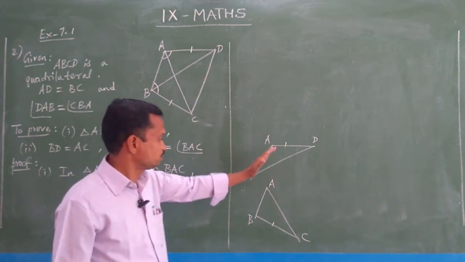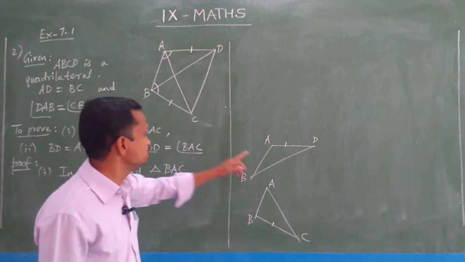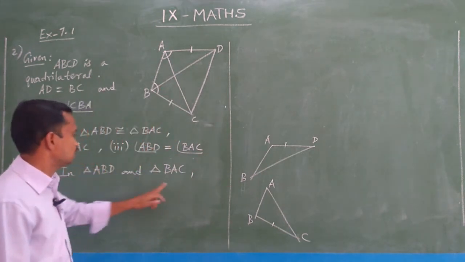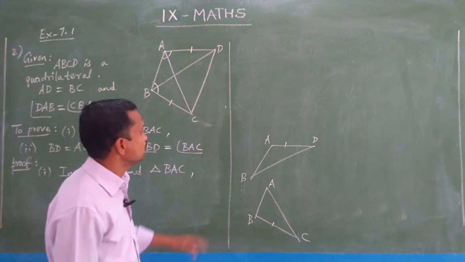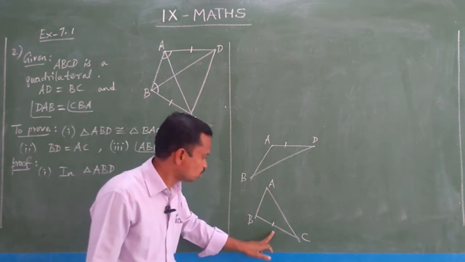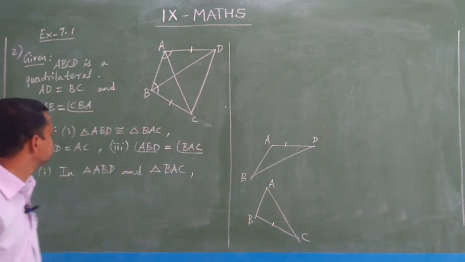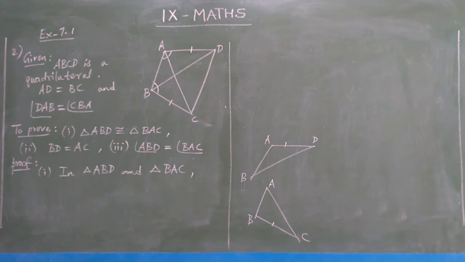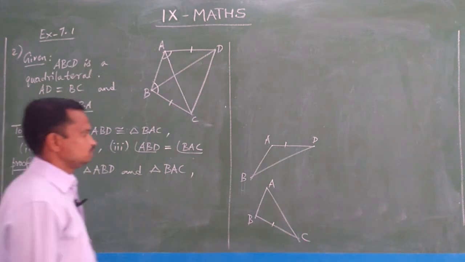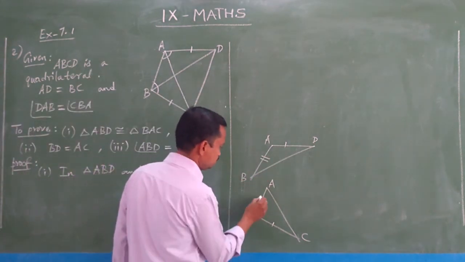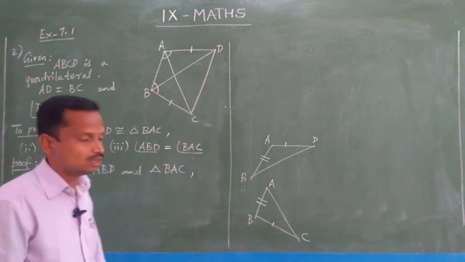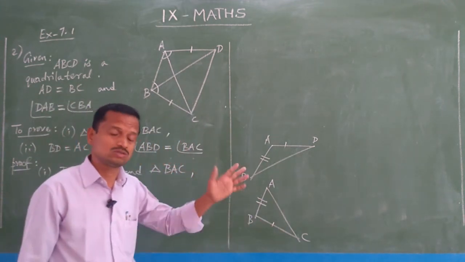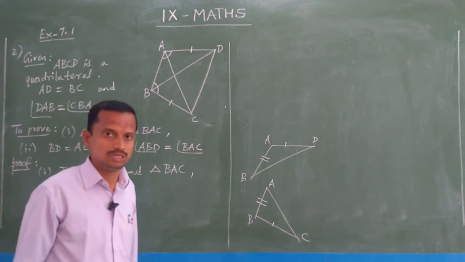And now I separated, that is ABD one triangle and ABC another triangle. You see what the equal parts are? AD, BC, the two sides marked here, are equal. And another thing, AB side is common. You see, AB side, here also AB side is there. So the two pairs of sides are now equal.